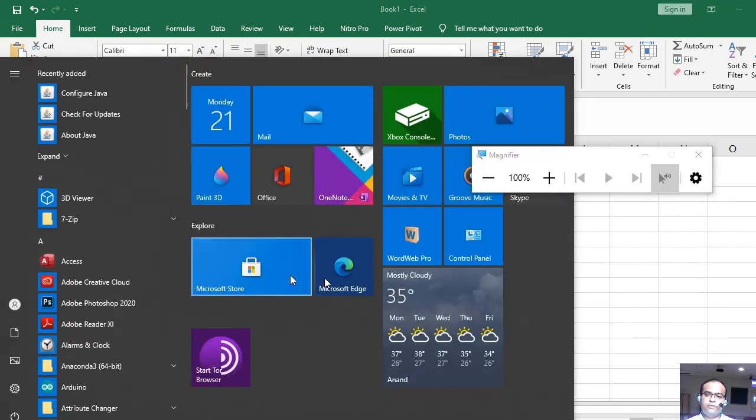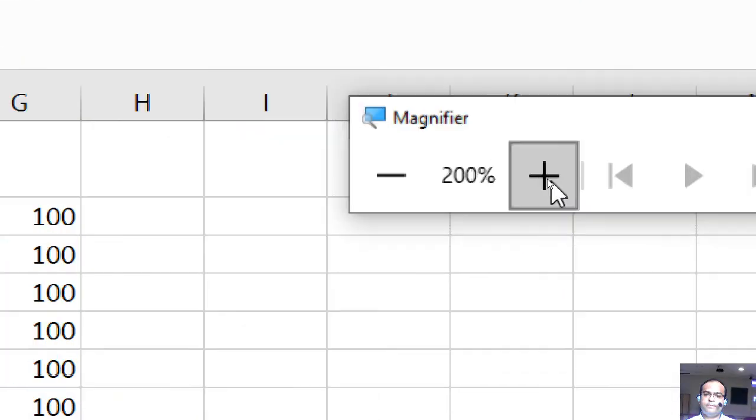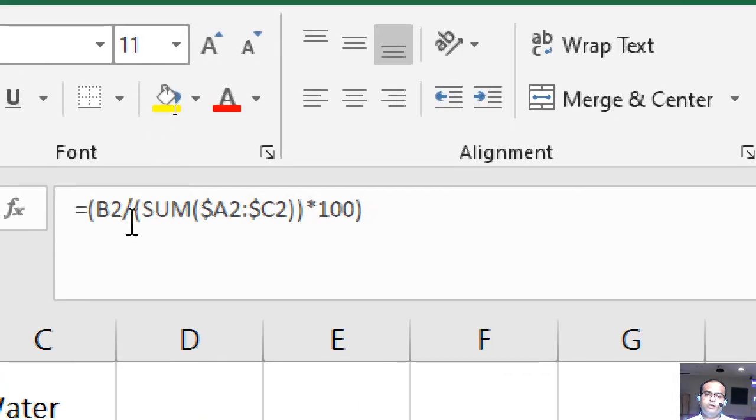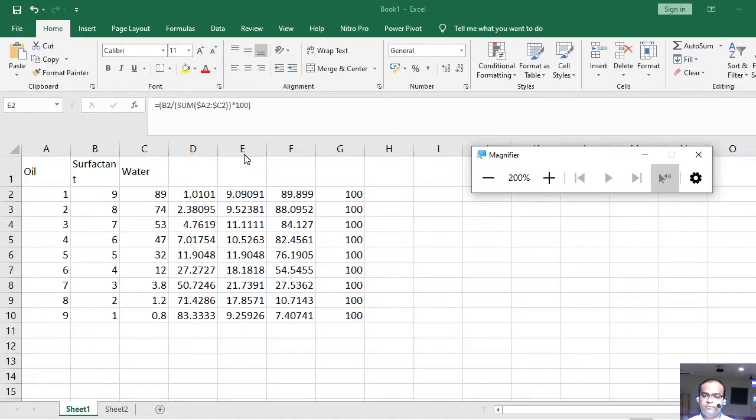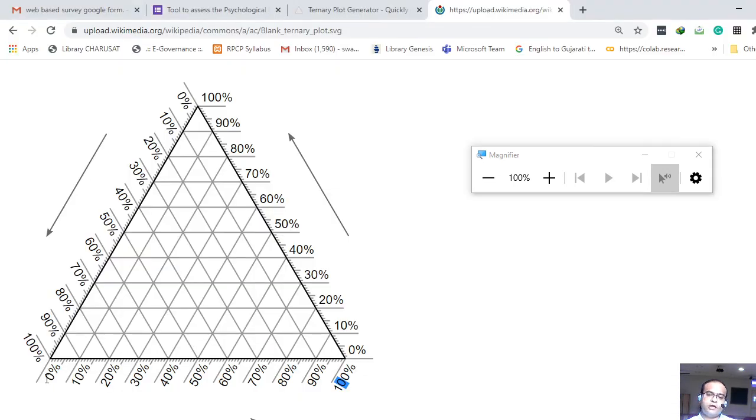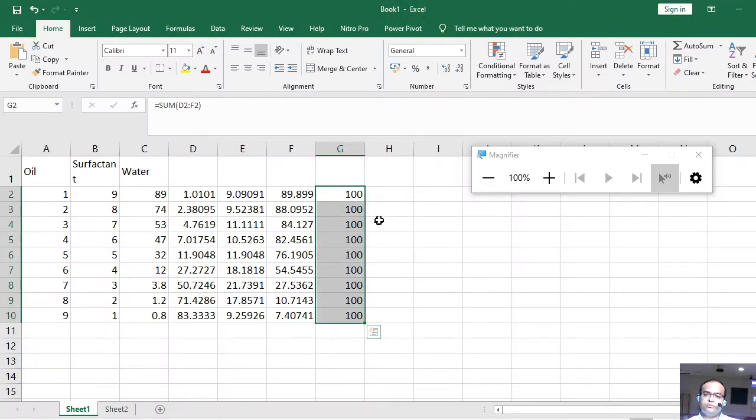You have to simply make a total, and you may see the equation, right? What I did is I just divided each individual component by the sum of the total volume and then multiplied it by 100. It's a simple formula, and you just need to check that the total of all these components or proportions must be 100%, because in the ternary phase diagram the maximum proportion allowed is 100%. Okay, so here the sum is 100%. So now these are my data.